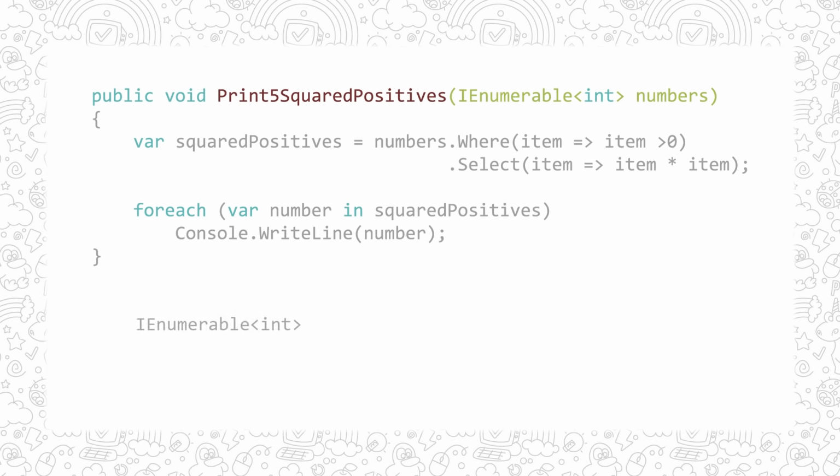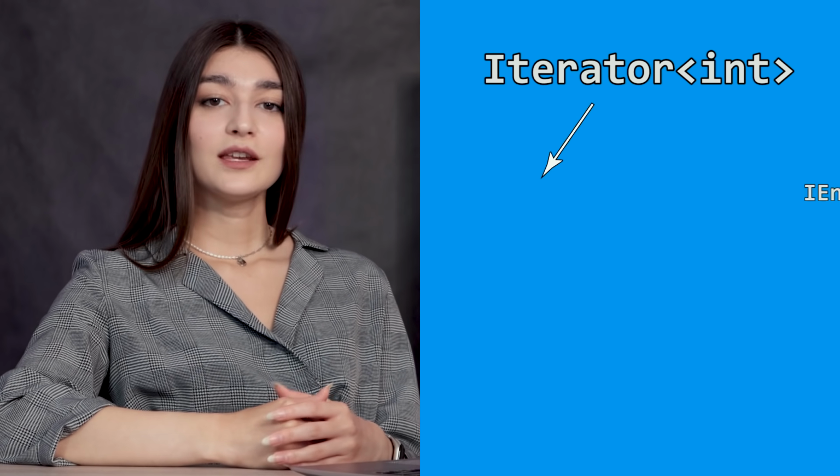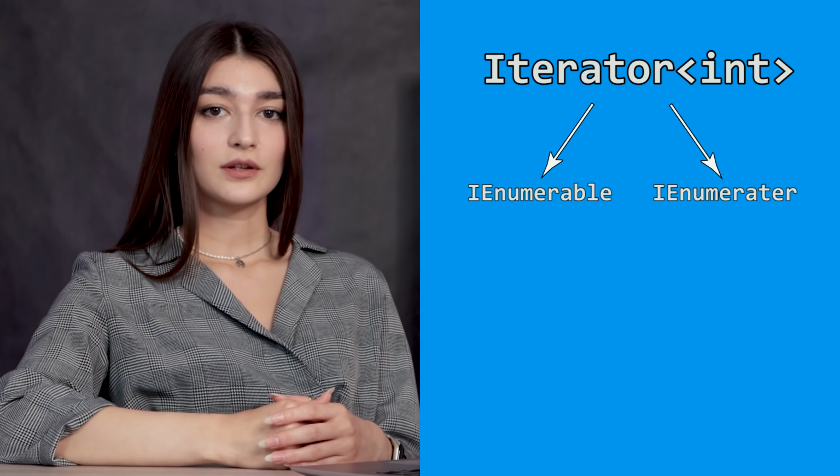So we have IEnumerable. We call the Where method for it. The Where method returns IEnumerable. In fact, the Where method returns an object that inherits Iterator, the internal LINQ class. Call of Select also creates an iterator object. Programmers often use descendants of Iterator in LINQ. Their main feature is that they implement both IEnumerable and IEnumerator interfaces. With this feature, we can use the same object both for the enumeration and for its enumerator.